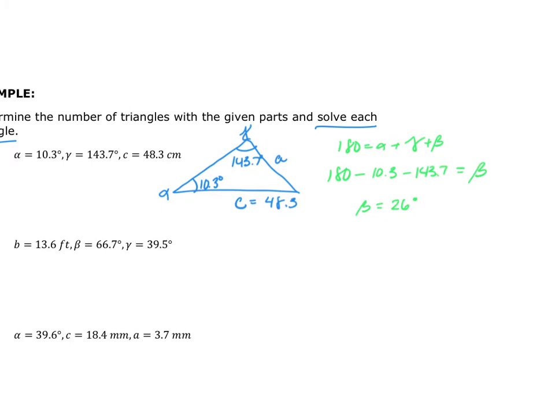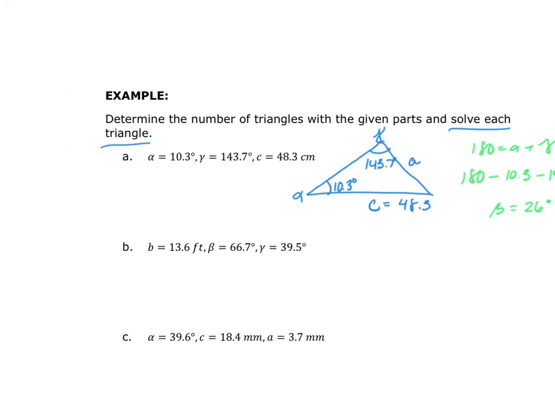Now I'm going to use the law of sines to find my missing pieces. It doesn't matter how you set it up, as long as the relationship of C and gamma, B and beta, and A and alpha all go together. Since I'm chasing sides, I'm going to put the sides that I'm looking for in the numerator. I'm chasing my side A. It is going to be over the sine of alpha, which is 10.3. This is going to be equal to, and I always go to what's given to me so that I have less chance of a rounding issue,